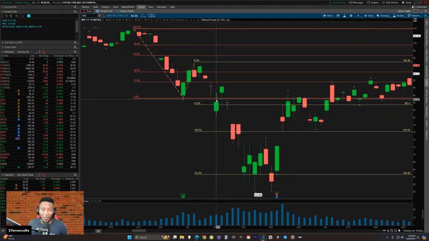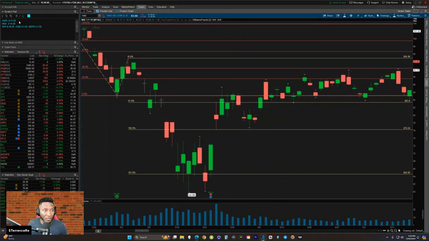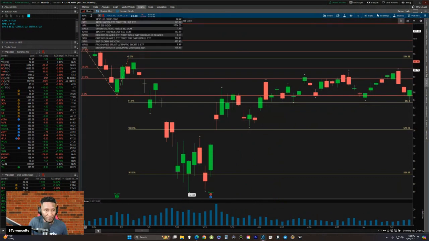So then I would have put my stop up here, or right here, above this fractal. Put my take profit maybe here or here. So that's a way of doing it. Let's go take a look at the SPX.